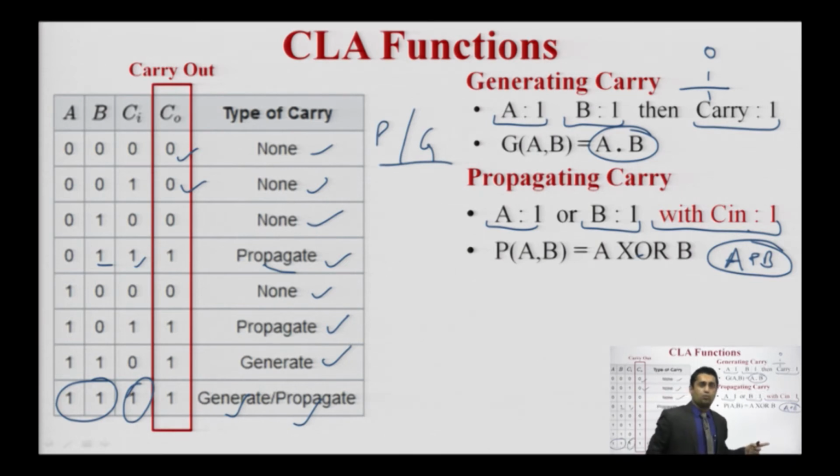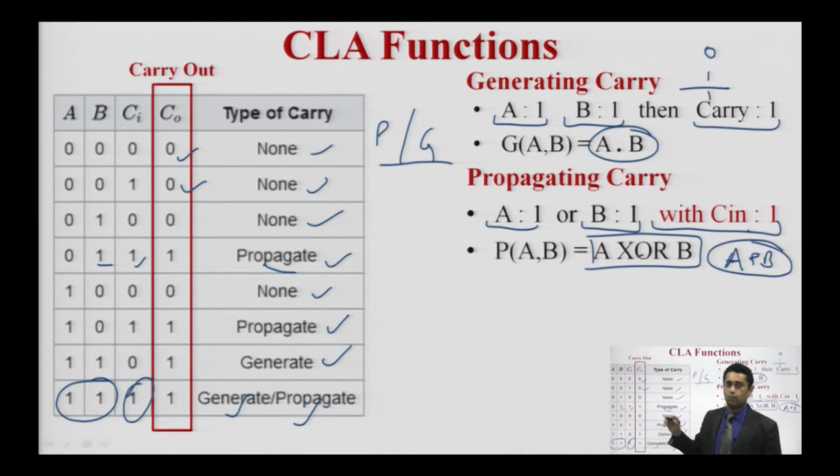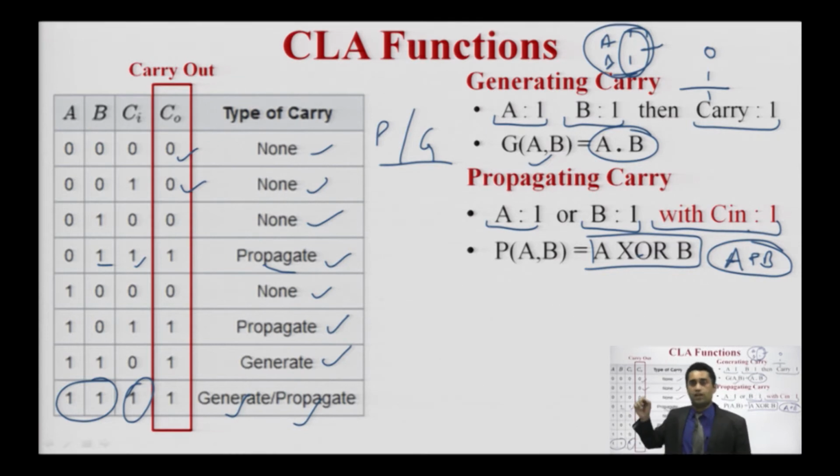So in this case we can also use this circuit, but the preferable one is the XOR, because in this case when we have 1 1 1 it is also saying the propagation. We are not taking the 1 1 1 combination, meaning A B, if both are 1, this is a generation part, so we are not counting it in the propagation one. If we are taking an OR gate, then the output of this 1 1 is 1. So the better thing is to take the XOR gate in this place.